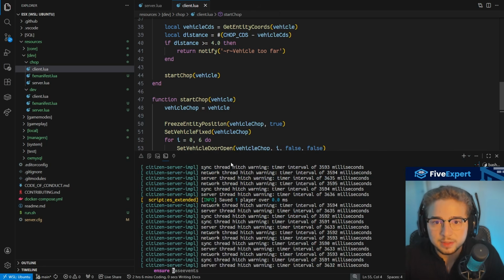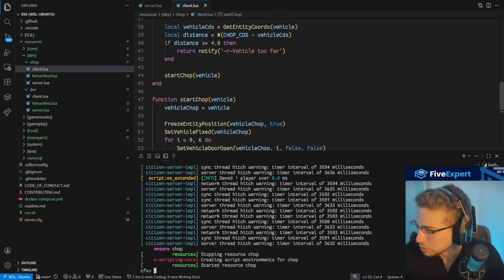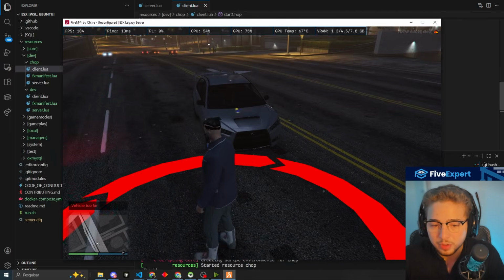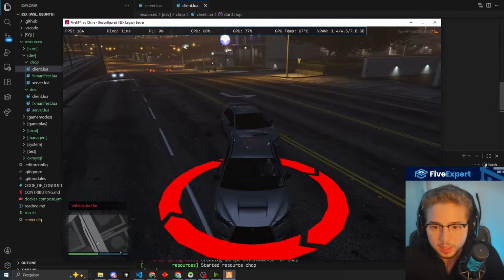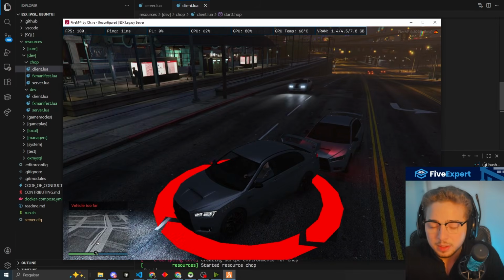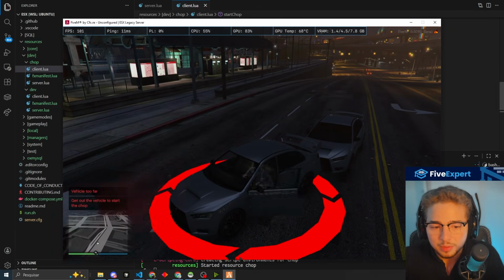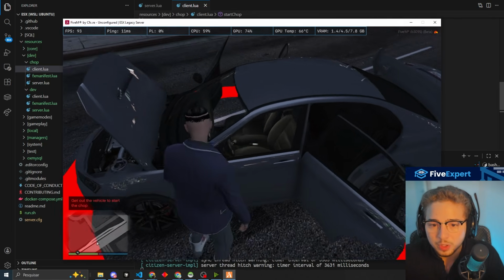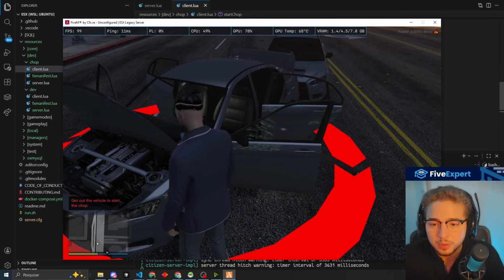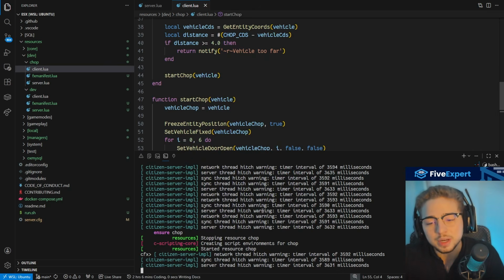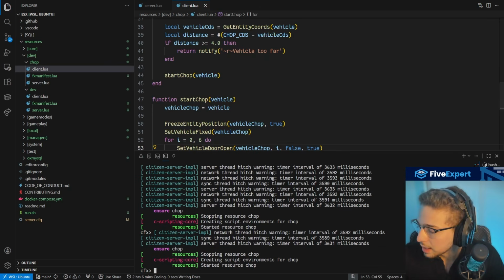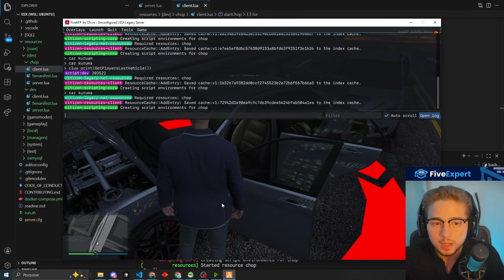Let's test it. So let's switch off. Let me put it right here. Vehicle to 4. Let me create a Kuruma right here. Wait. Yeah. Get out of the vehicle to start the chop. Now all the doors opened. One door is closed. Oh, that's strange. Yeah, it's better to put open instantly, because if I am in front of the vehicle, like,